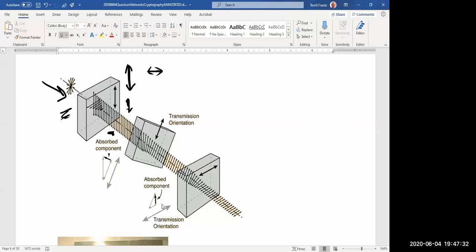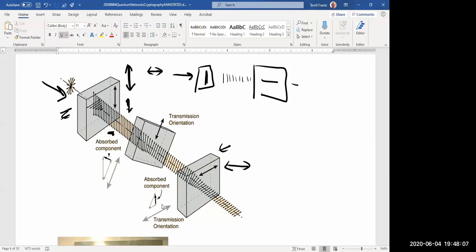Now, forget this for a minute. If that light were to continue through and I had another rectilinear filter oriented to east-west, then what would come out? What would you expect? So if I had one filter here, filtering north-south, light comes in. The only light that comes out is this direction. And then I had another filter in the east-west direction. What do you think the light would look like when it would come out? Well, there would be no light because